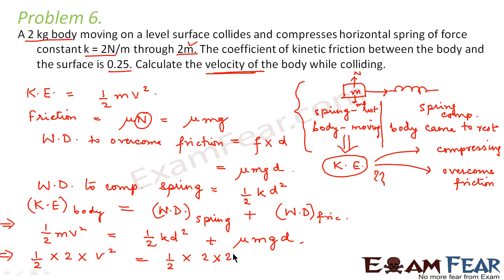So we can write 2 square plus mu, the coefficient of friction, which is 0.25, into mass, again 2 kgs, g is 9.8 meter per second square and displacement is again 2. So we can cancel this 2 and 2, again this 2 and 2. So we get V square is equal to 4 plus 9.8. So we get V is equal to